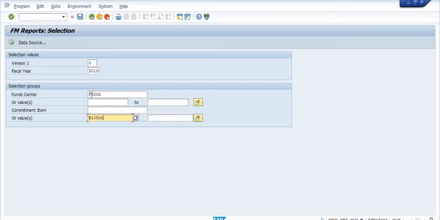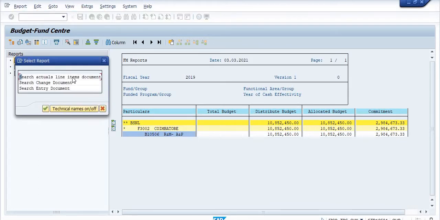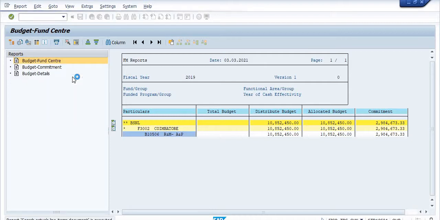If I am taking fund center 3000 and the OPEX commitment item for repair and maintenance operators and plant, then you can execute this transaction. You just select this, double click on it, and select search actual line items.